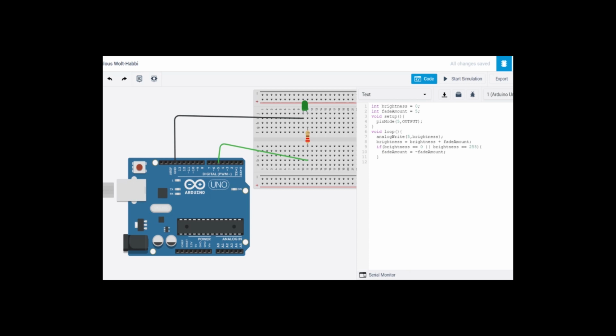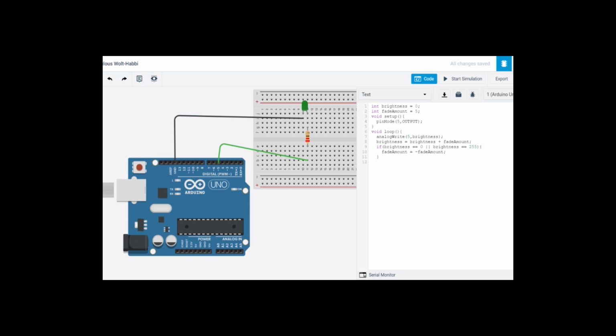For that, we are just changing the sign of fade amount, so from 255 it decreases: 255 minus 5 is 250, 245, 240, like that. Also, when it reaches 0, again the fade amount will change its sign and become 5. Like that, we are using this if conditional statement.